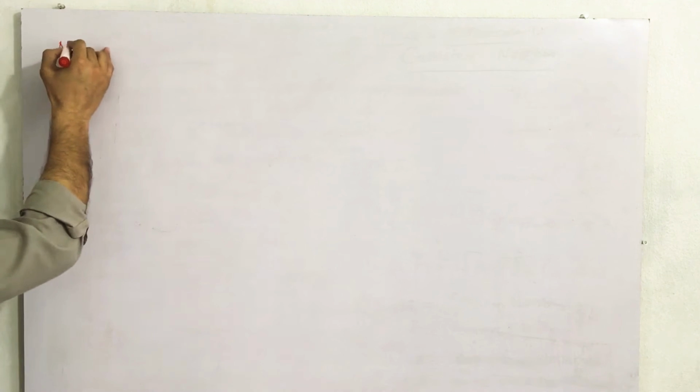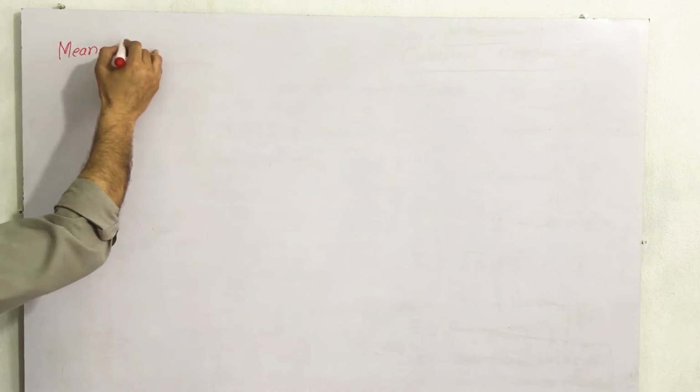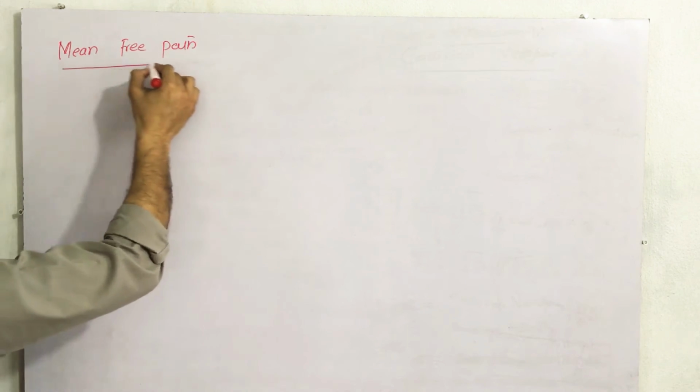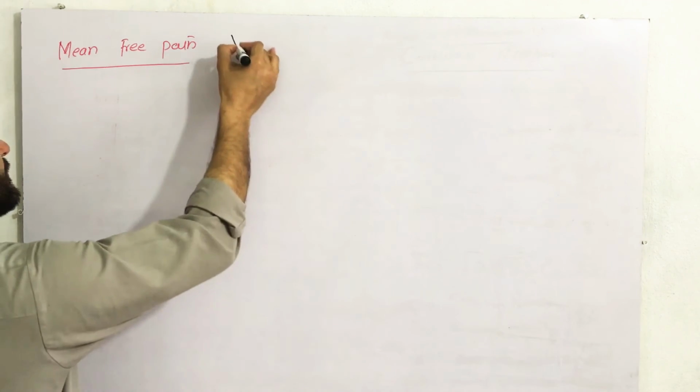Today we are going to discuss the second important topic, that is mean free path. The topic name is mean free path. What is a mean free path in chemistry? It is represented by lambda. The mean free distance, the mean distance traveled by a gas molecule,